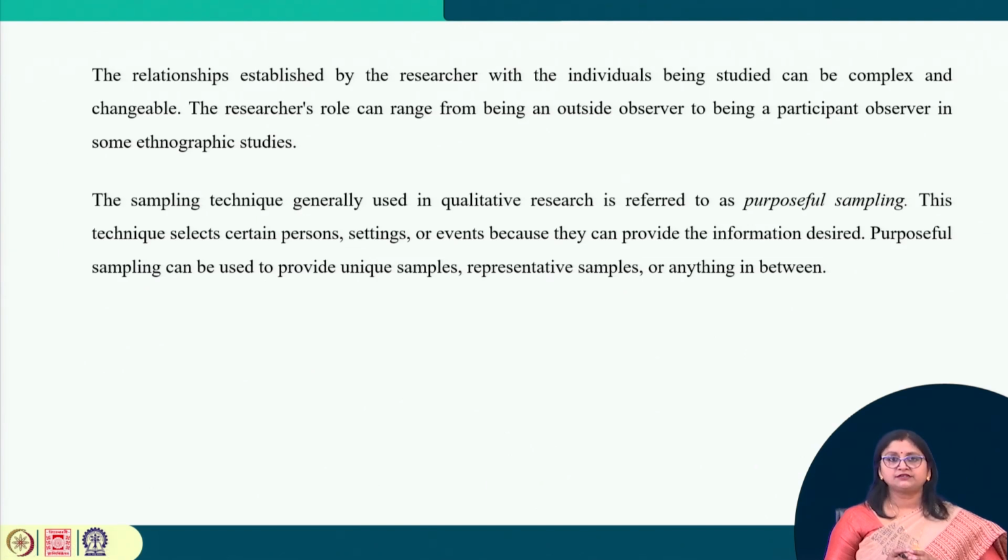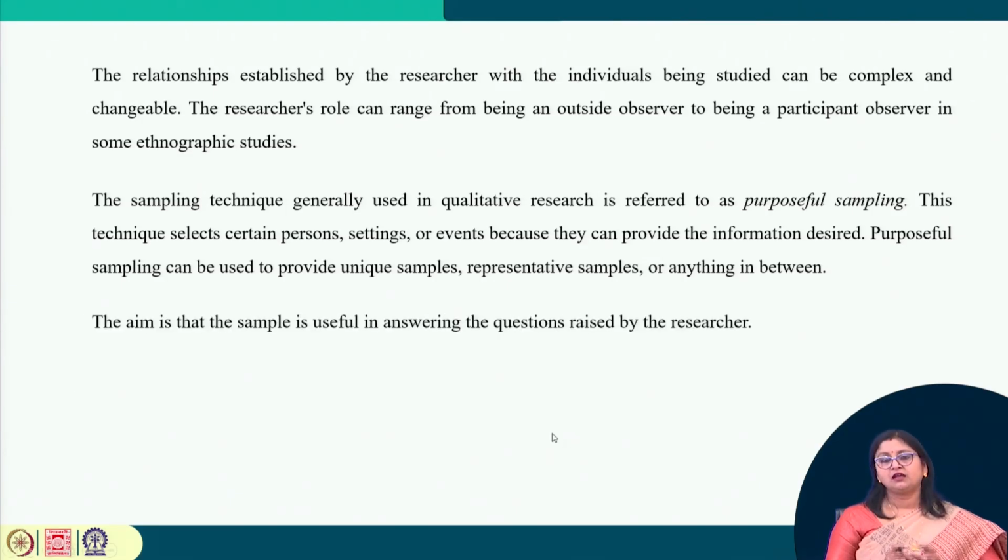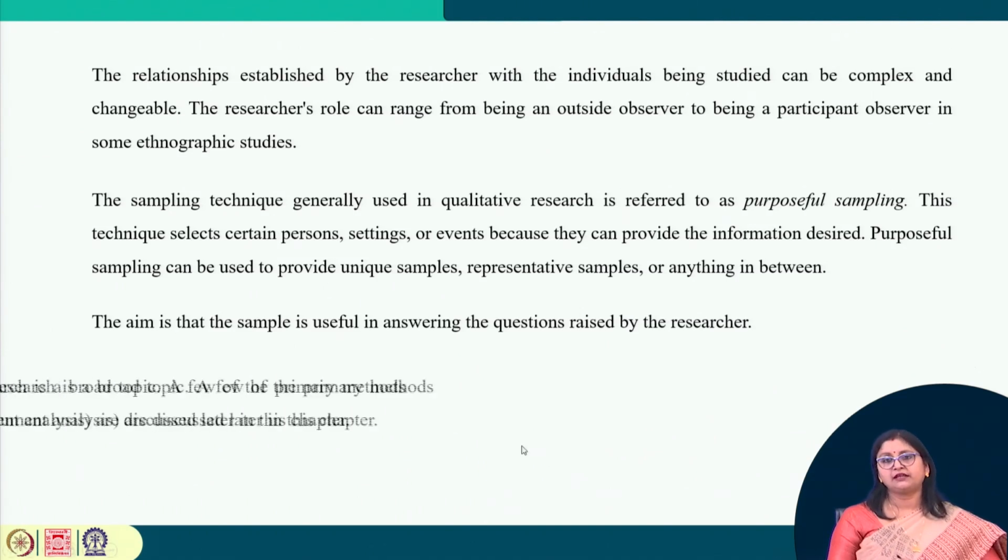The sampling technique generally used in qualitative research is referred to as purposeful sampling, or purposive sampling. This technique selects certain persons, settings or events because they can provide the information desired for the research. Purposeful sampling can be used to provide unique samples, representative samples or anything in between which can fulfill the research. The aim is that the sample is useful in answering the questions raised by the researcher in